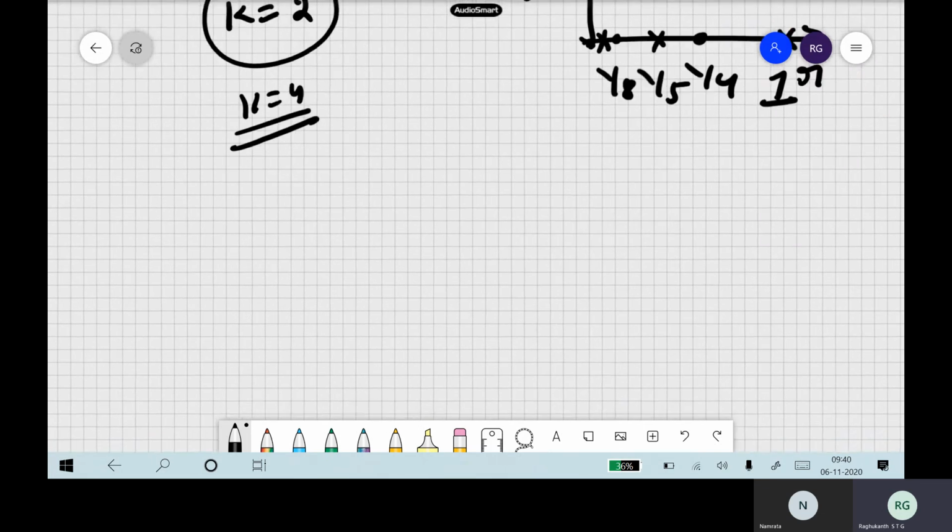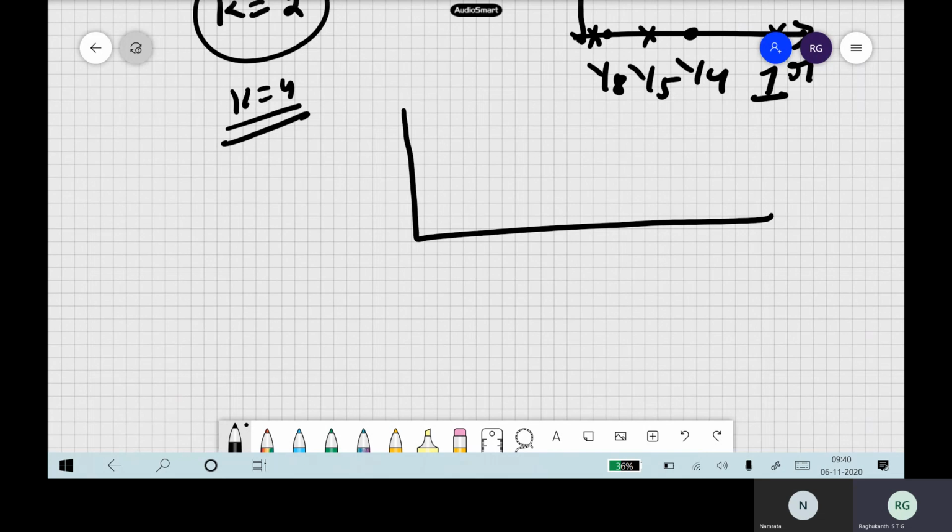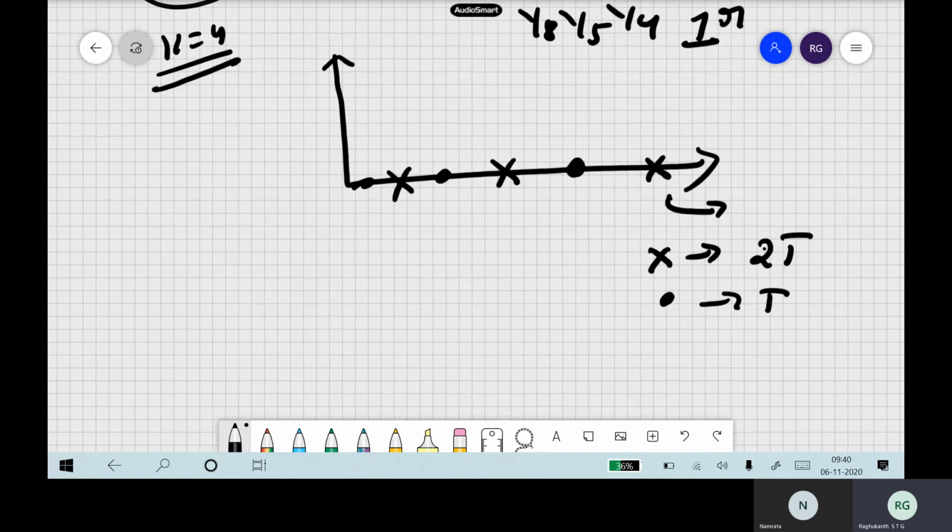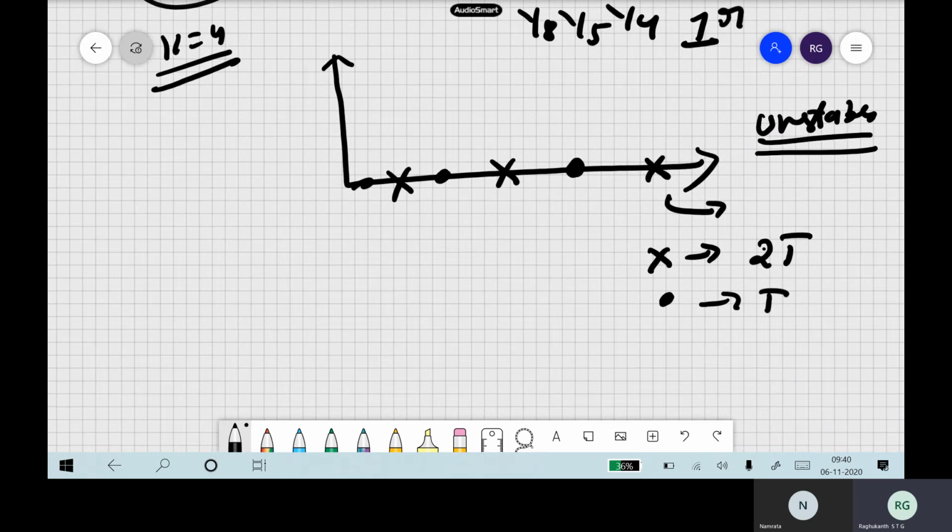So for the entire system, if you try to plot the stability boundaries, you have to plot all the roots. 1, then 1 by 4, say. This is the even and odd, and these are all 2T, and this one will be T. So you have this, then once again this, then once again this, and like this it shifts from this region to this region. These are all the unstable regions. You followed. Of course, here we have assumed that mu is very, very small. That's how we have got this type of graph.